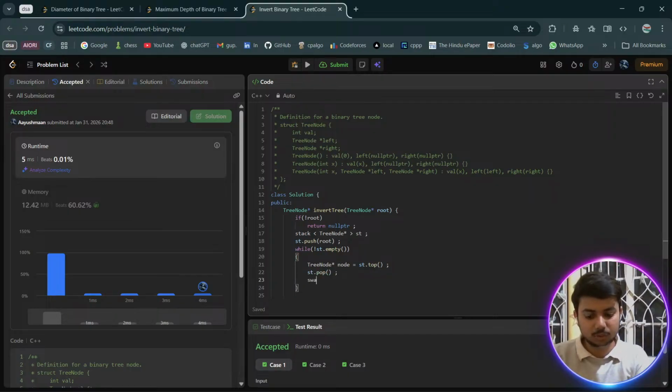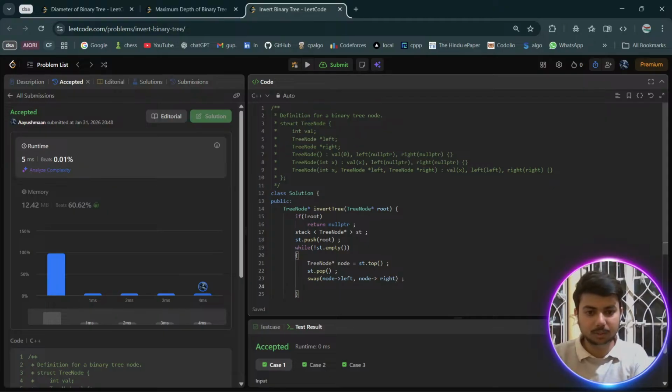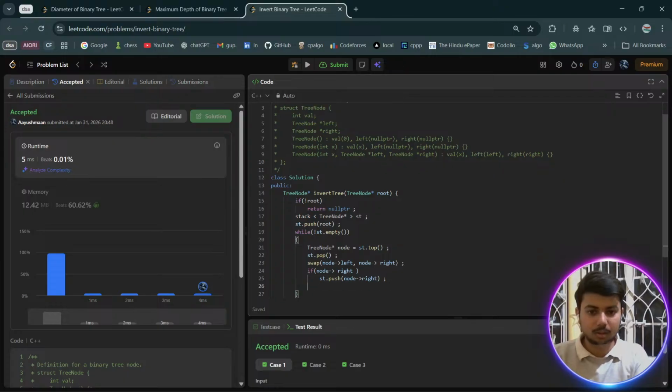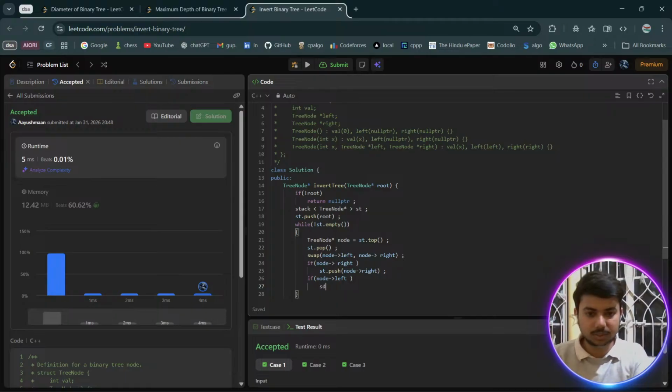हट गया, अभी स्वैप कर दो। व्हाट आर वी स्वैपिंग, वो जो नोड हमने ले रखा है उसका लेफ्ट, और उसी नोड के राइट पे। एक बार ये कर दिया, इफ पहले हम लोग राइट डाल देते हैं। ठीक है, नोड के राइट एग्जिस्ट करता है, तो एस टी पुश, हाँ नोड के राइट को पुश करा देते हैं। एंड इफ नोड का लेफ्ट एग्जिस्ट करता है, तो ये सिंपली स्टैक में पुश करा देता है नोड का लेफ्ट।